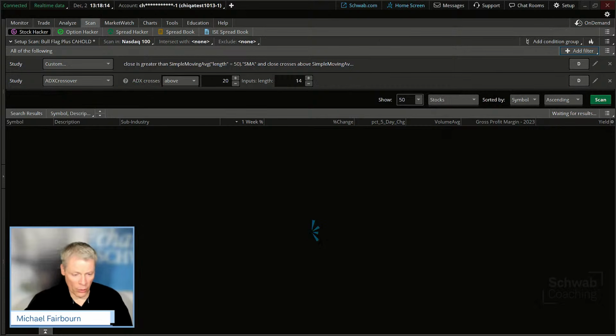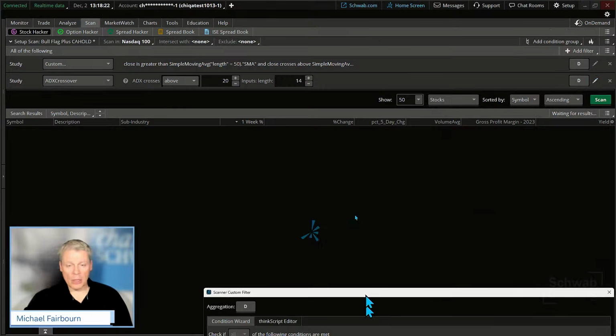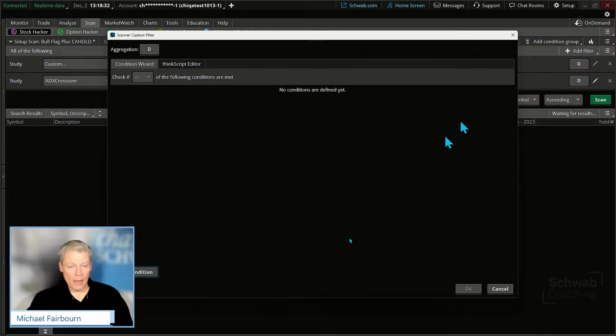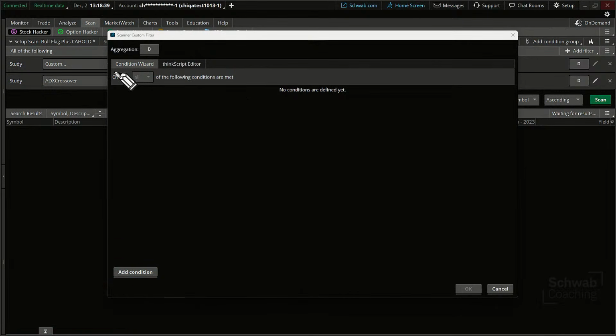The next thing you're going to want to do is go right over here and click on that pin so you can make an adjustment to that existing script. I'm going to pull it up right now. There it is. Okay, and the first thing we've got to do is get rid of this. So let's go over here to the right and delete it. Okay, now down below here, you'll see that we've got the add condition, and we are in the condition wizard.